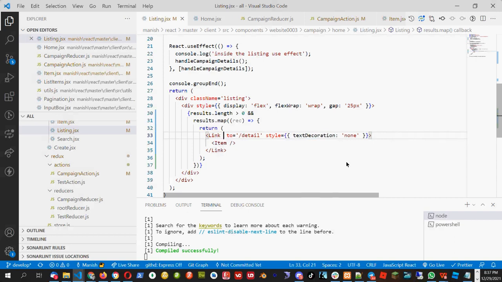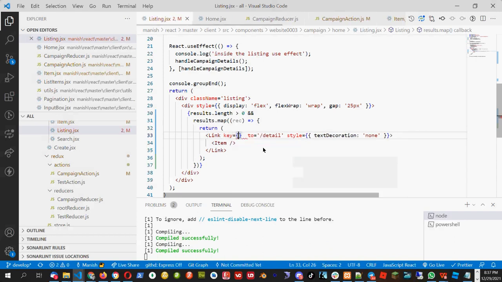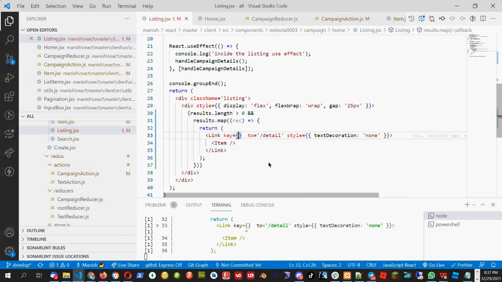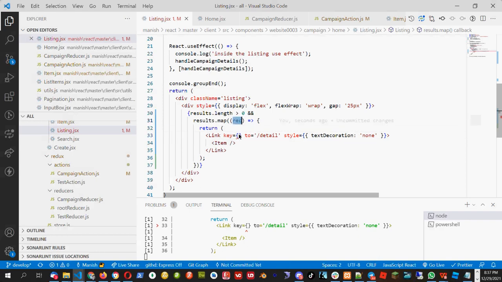Kate is right. Key is missing. Whenever we loop in the map, we always should have the key here. So I will put key. And what will be the value of the key? What should be the value of the key? Record.id. This record has ID. So I will say record.id.